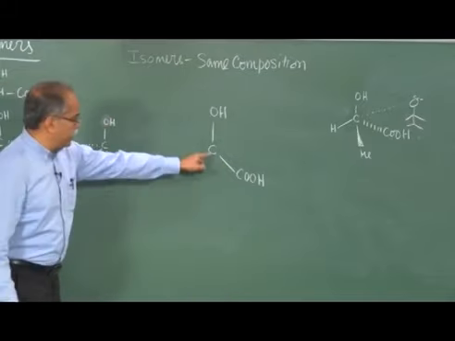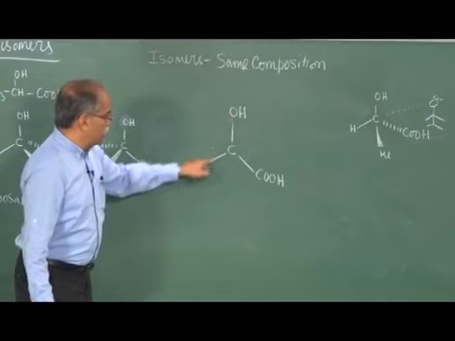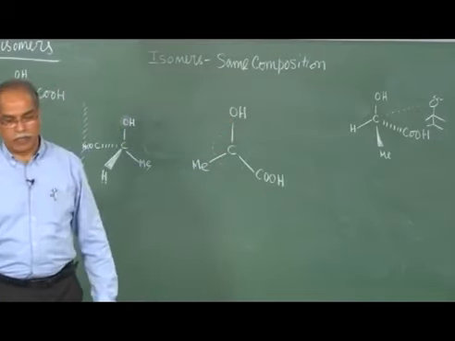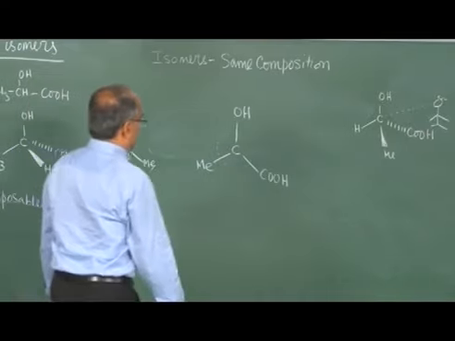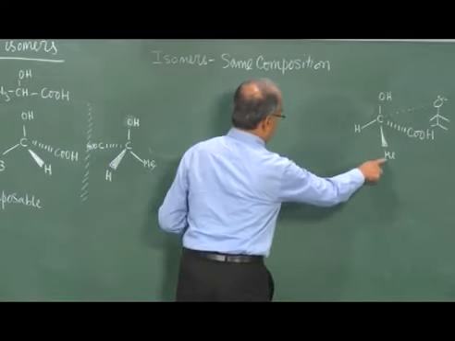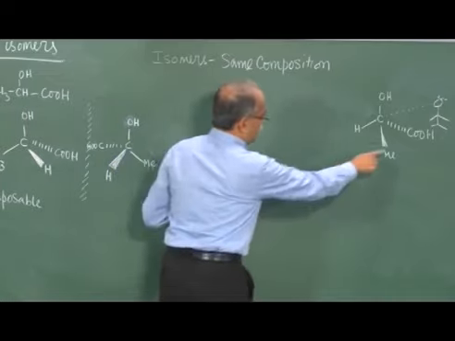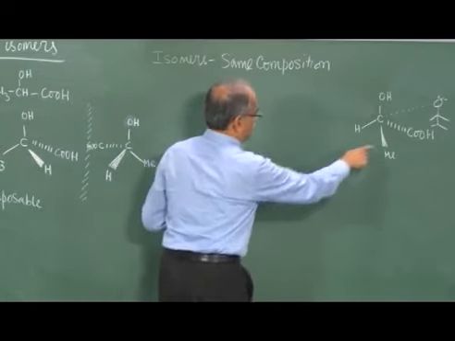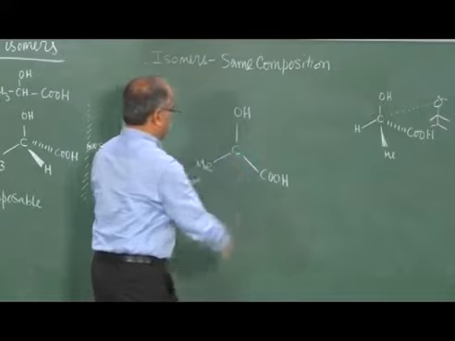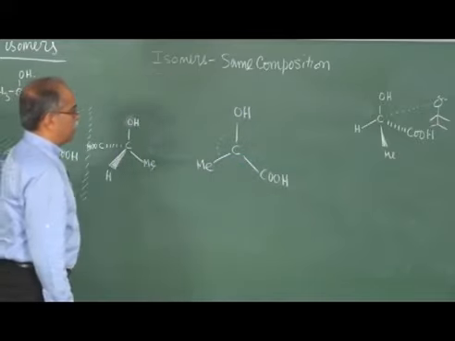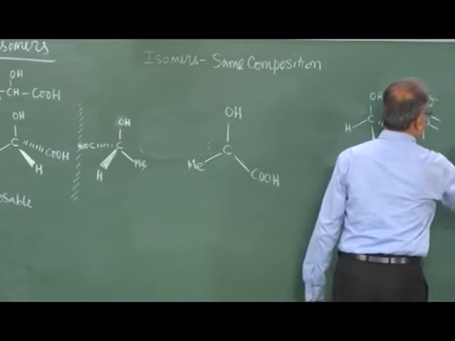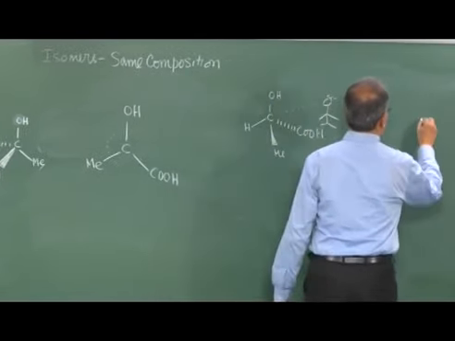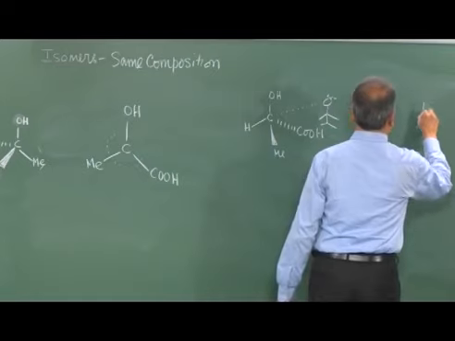So, the hydrogen is behind the carbon and these 3 groups are essentially looking like they are in a trigonal arrangement like this. So, what you would see is the methyl group on the left hand side, the carboxylic acid group on the right hand side, and the hydroxy group on the top like this. Suppose I draw the mirror image structure of this, the mirror image structure would be corresponding to